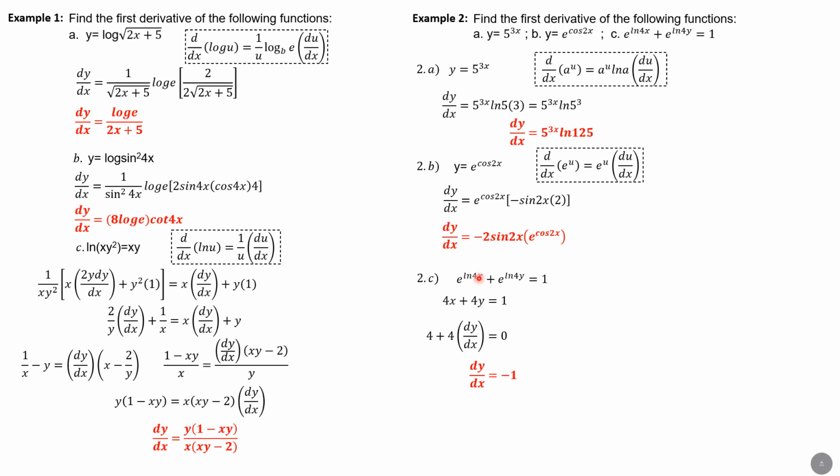E to the ln of something is something, just like e to the ln x is just x. So e to the ln 4x is 4x. E to the ln 4y is 4y, then equals 1. You can also